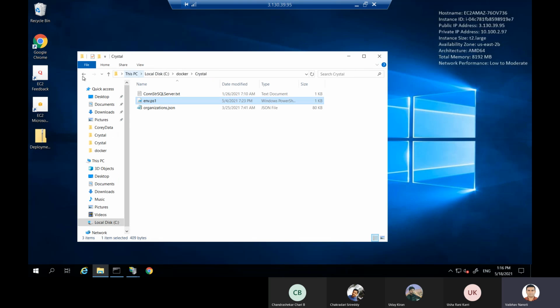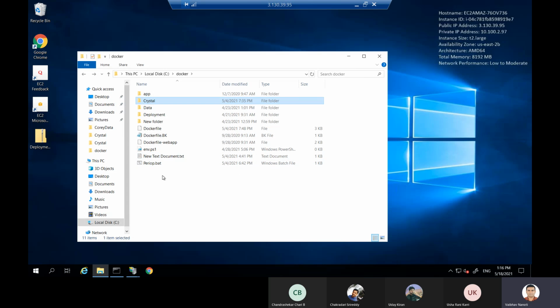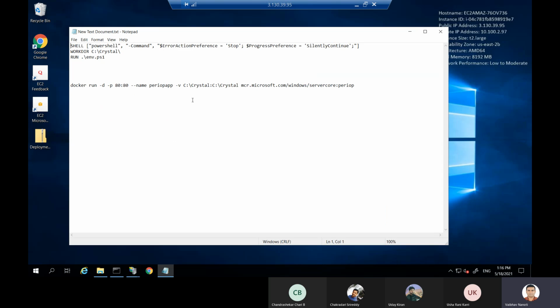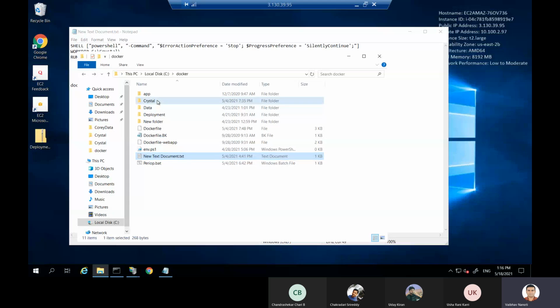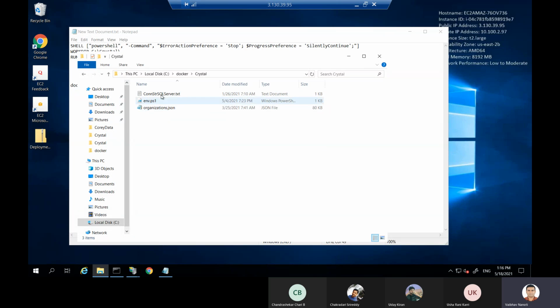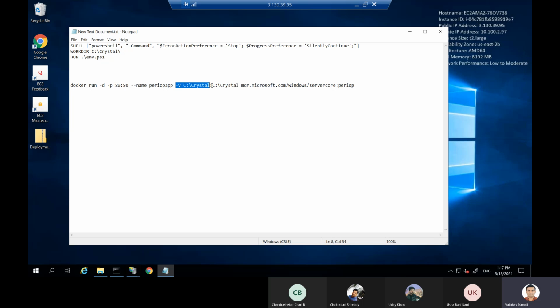Once you execute this, there are different options to start the containers specifically for PERIOP, which I will show you over here. This is the volume mount I am going to mount, because these Crystal folders have some files which we specifically require to copy. The container should have the options available to copy some files from the host to the inside of the container. Using this docker run command, we mount the Docker volume as Crystal, and then the execution happens.